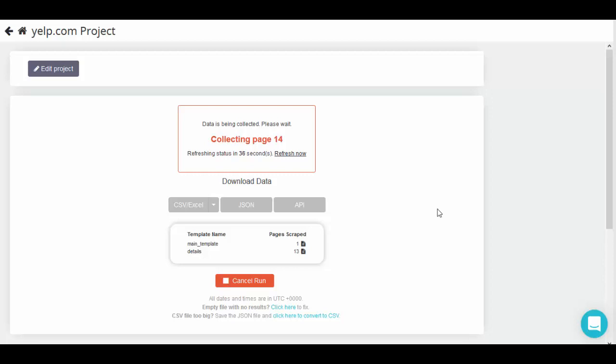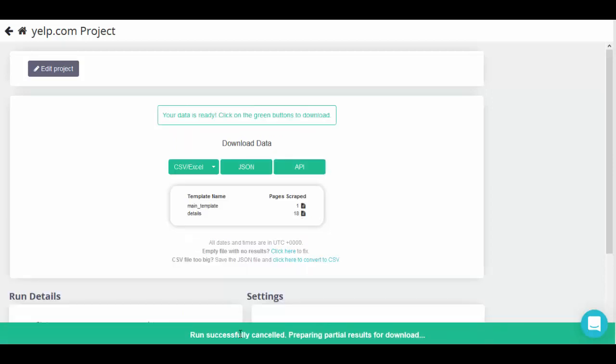If you click on the cancel run, you can cancel the job anytime if you are happy with the result, especially if you're happy with the partial results. So I'm going to show you how the data is collected as per my configuration. Currently it's already collected 14 listings, so I click on the cancel run. Run successfully cancelled, preparing partial results for download,